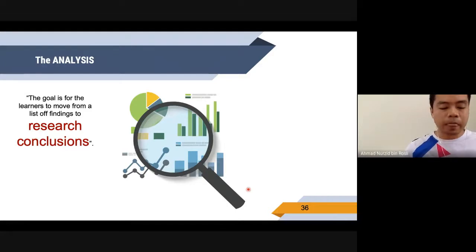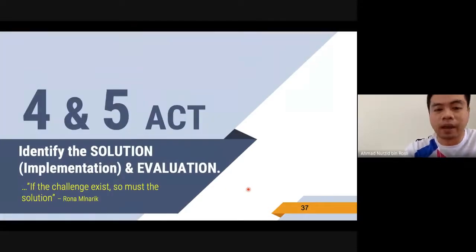However, we're talking about the reporting they can do on the blog, the reporting they can do on video reporting, and as well as probably a forum and so on. All right. Later on, I will show you what kind of tool that you can use for them to help in assisting your teaching. Right, and we're getting closer to the last part, which is 4 and 5, which is action,